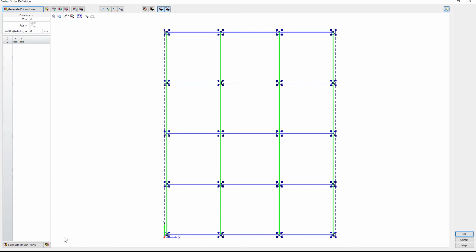In this example, the design bands along the horizontal axes X, 2, 3, and 4, and the bands C and D on the vertical axes Y have a set width of 2,750 millimeters. The width of a column band can be manually set by double-clicking on the line and specifying the width to the desired value. If this parameter is set at its default value, the width of the strip will be calculated